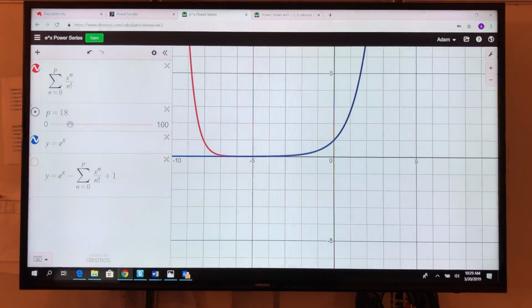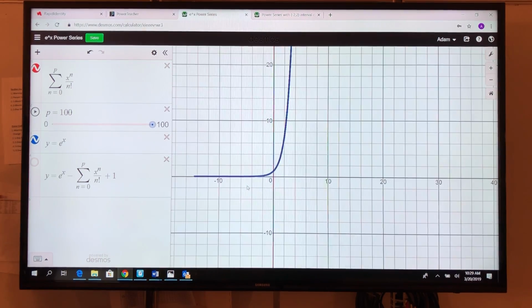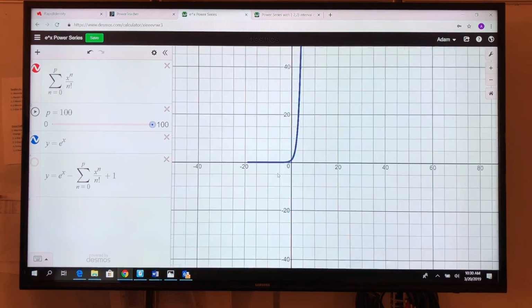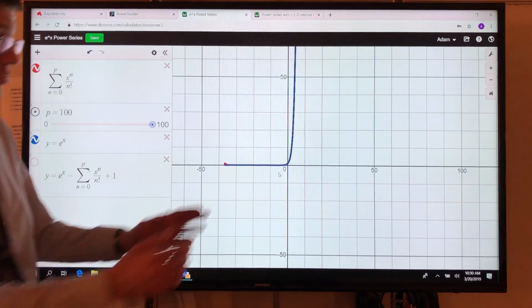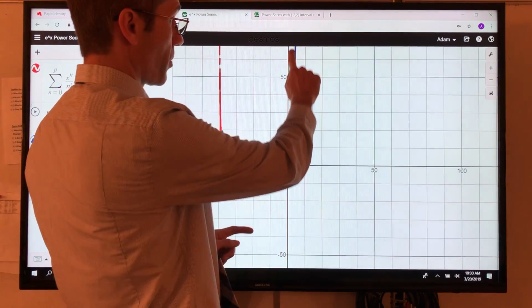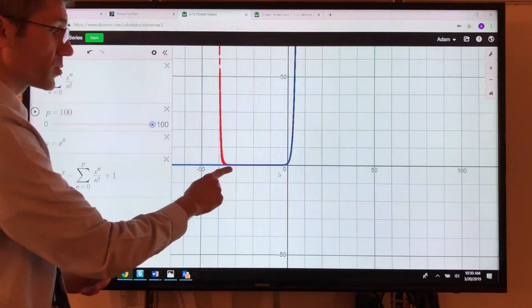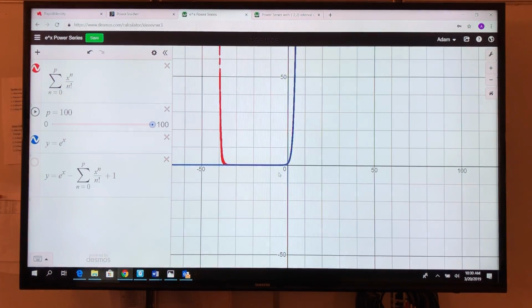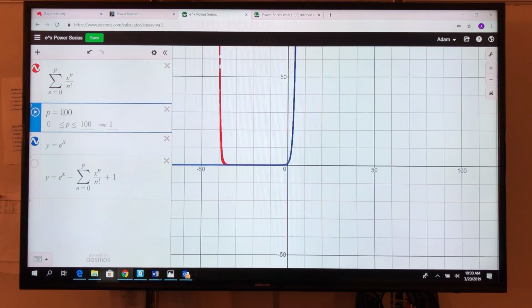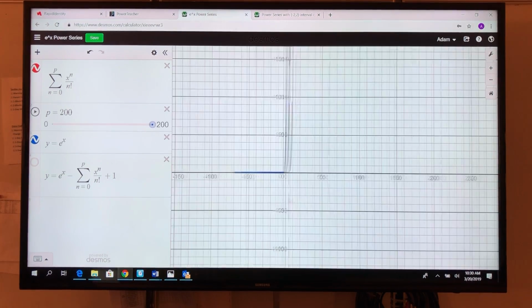All right, so we're going to take this up pretty high. We're going to go all the way out to 100, which is a far cry from infinity, but for our purposes, it's pretty good. And when we do that, we have this right here. So it's really good. I mean, this is almost a perfect approximation. This is great up to a point. And so let's raise this higher. And if we could truly go to infinity, does it continually stretch out forever? Let's take this to 200. And when we do,